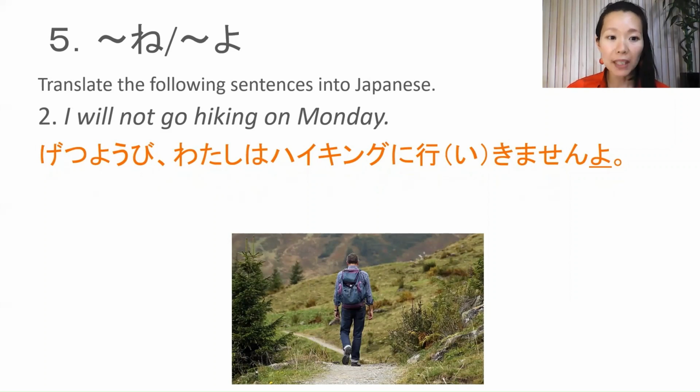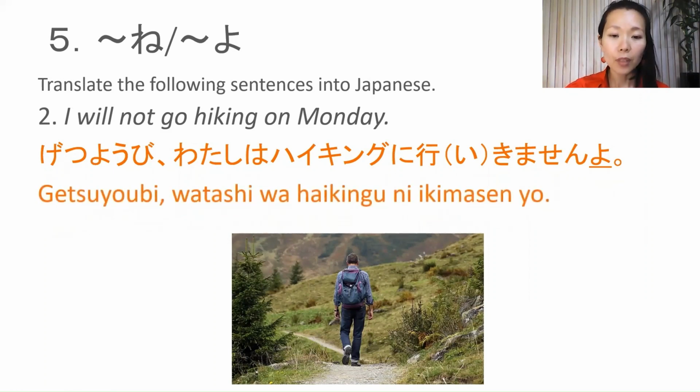You can add the particle に to indicate time, or you can drop it. It's optional. 月曜日、私はハイキングに行きませんよ。ハイキング is katakana, written in katakana. 行きます means go, but for the negative, don't, ます changes to ません。So ませんよ。月曜日 means Monday, 私 means I, then は. Hiking is originally from English, but the Japanese pronunciation is ハイキング。行きます changes to 行きません because it means will not go. Don't or will not is negative, same as ません。There is no will in Japanese, just ません。